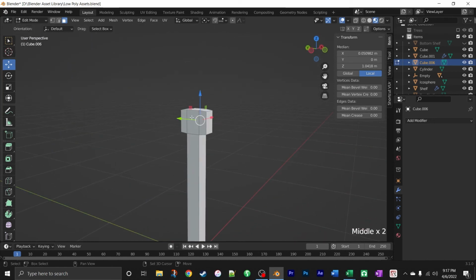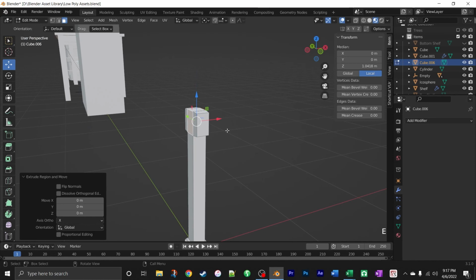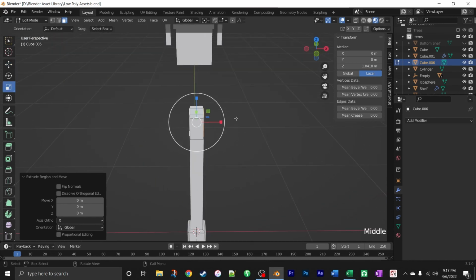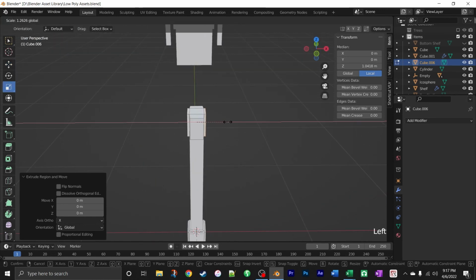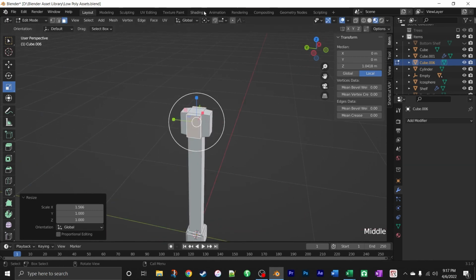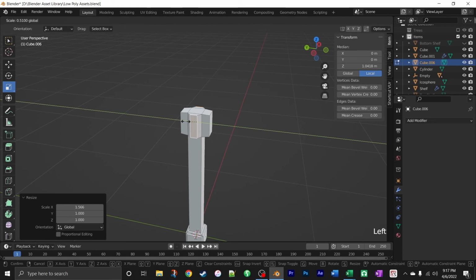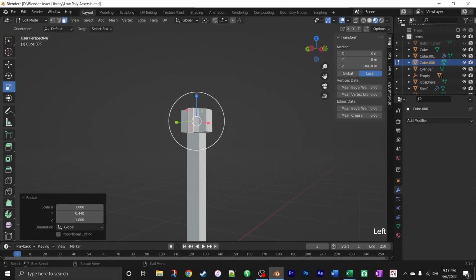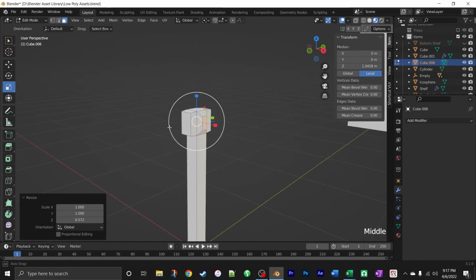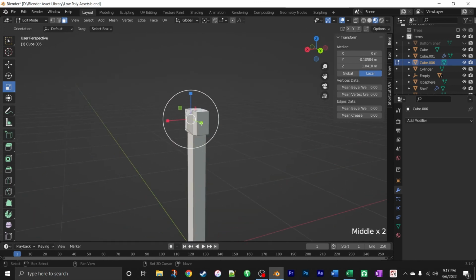And now let's do this. Extrude these guys. Make sure that you're on the bounding box, and we're going to bring this out, and then we're going to go to the side here. Do it sort of like this, and this is just making some cool details on the hilt of our sword. So now grab these sides here,